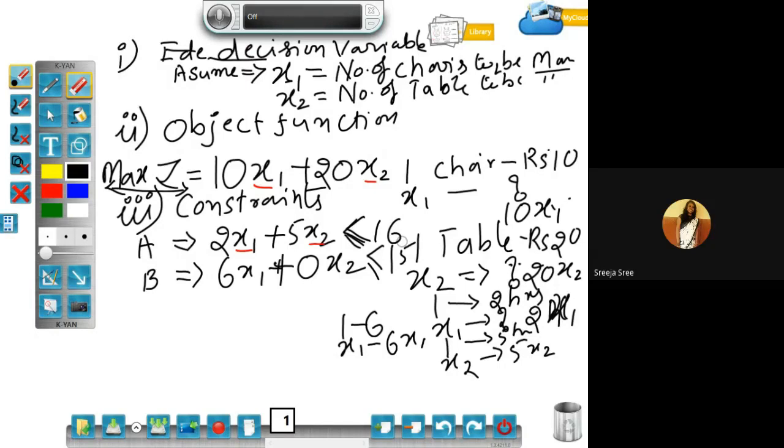Okay, sir. So depending upon the condition given, A will be available only for 16 hours. It will be available only for 16 hours, which means it can work only for 16 hours or lesser, but not more than 16 hours. That is the reason we specified it as less than or equal to.